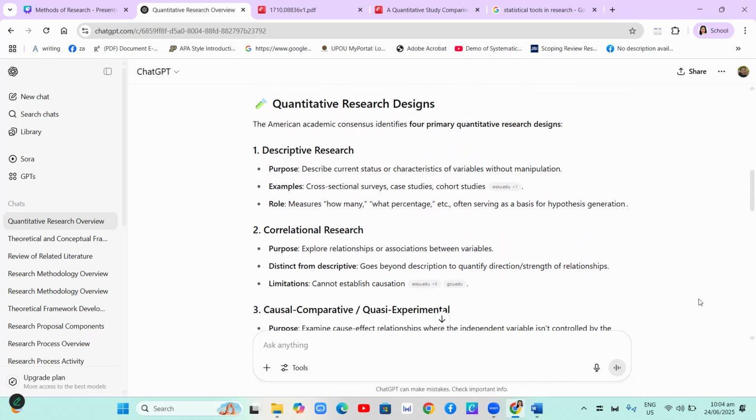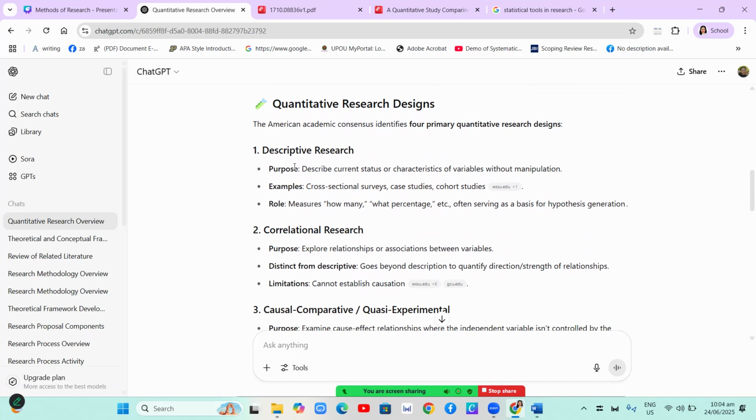The American Academic Consensus identifies four primary quantitative research designs. So the first quantitative research design is the descriptive research. The purpose is to describe current status or characteristics of variables without manipulation.